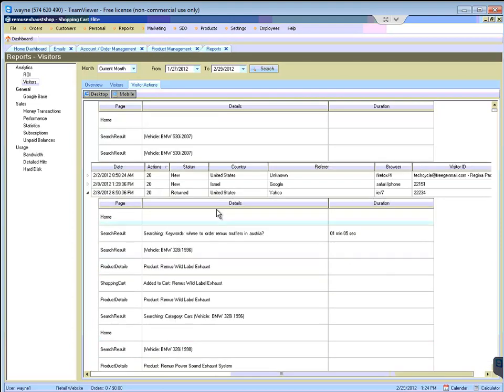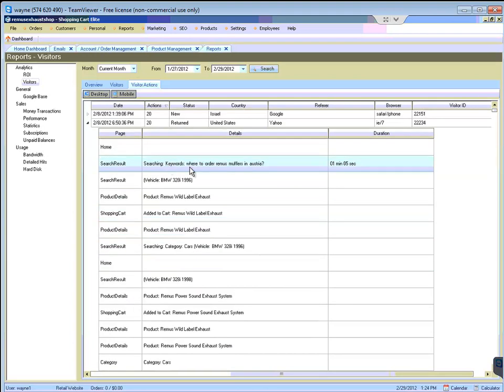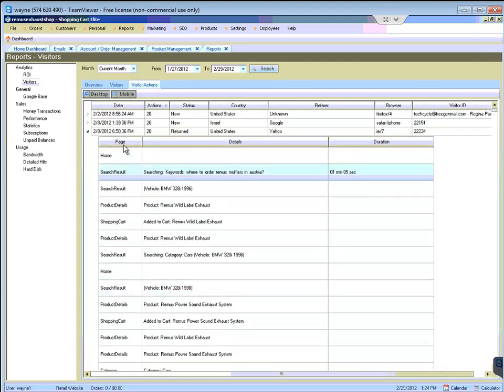Here's a guy, this is what he searched for: where to order Remus mufflers in Austria. Do you see this? Right, and it popped up. No, he actually searched that on your website. Okay. I'm just saying that you might want to